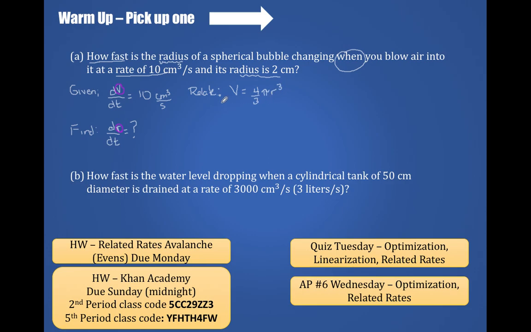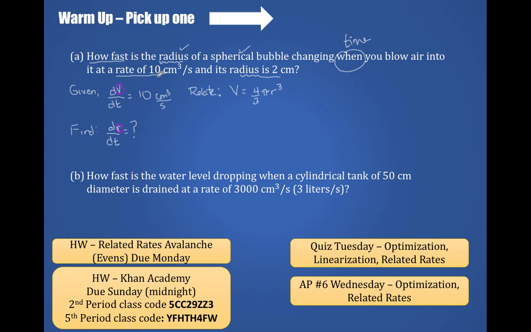There's my relate step. Now, I check at the relate step. Is there any variable here that is constant even when time passes? So I've got the radius in my sphere, but when is time? When I see the when word,